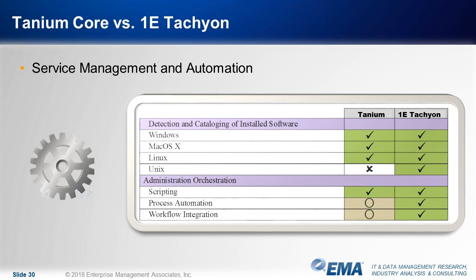While technically this qualifies the platform as supporting custom scripting, we do not believe that this fully rises to the level of enabling IT process automation because it does not incorporate the interoperability features necessary to orchestrate multiple third-party tools and processes beyond the basic scripts and executables. Tanium also does not natively define and manage workflows, but it can leverage workflows for automating processes through direct integration with third-party service management solutions,